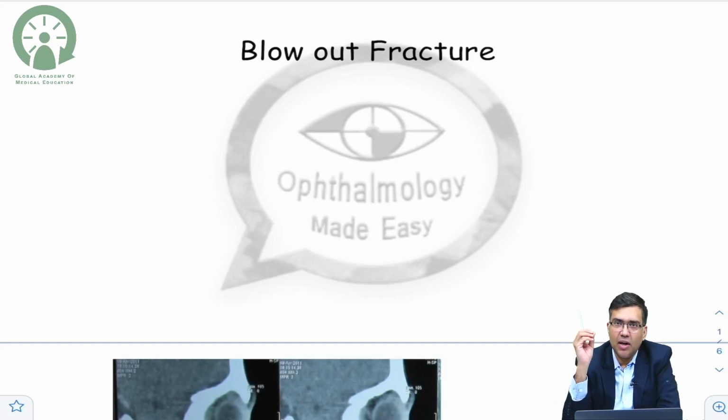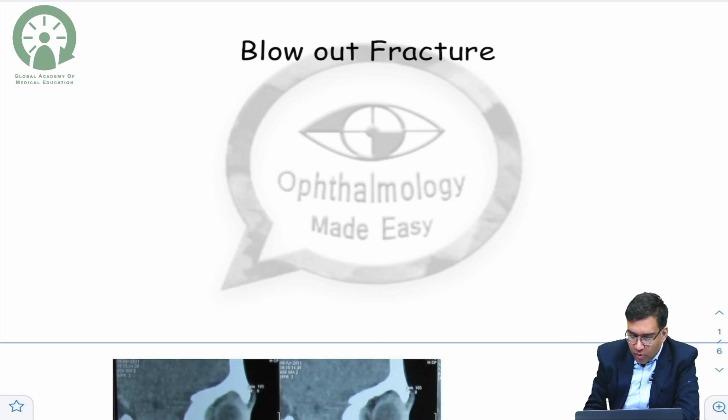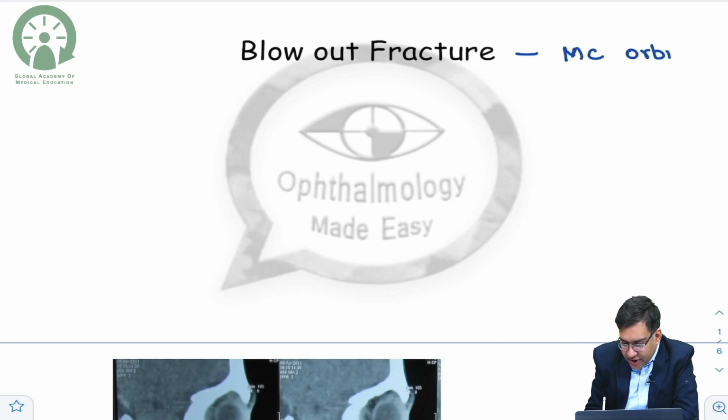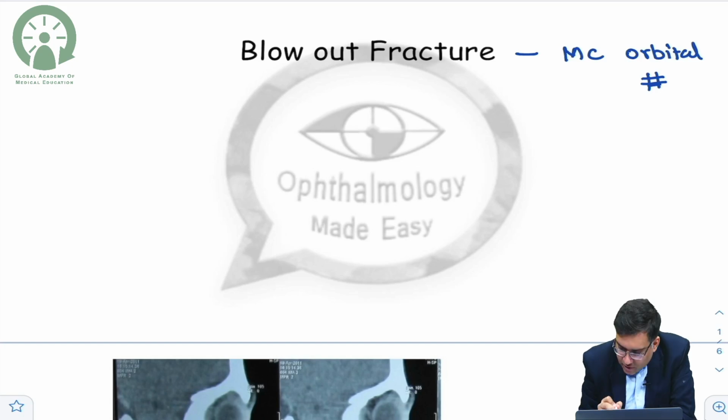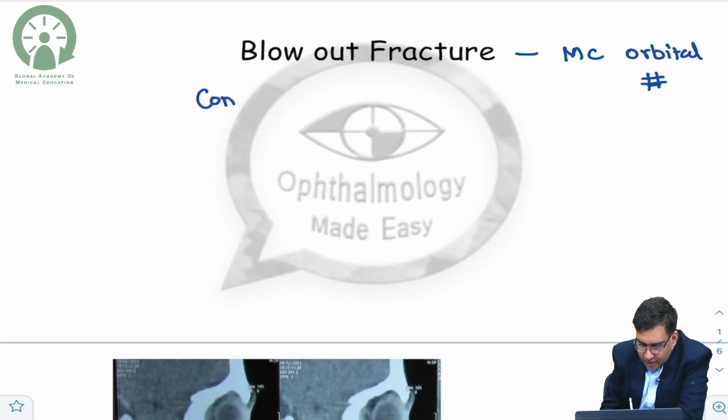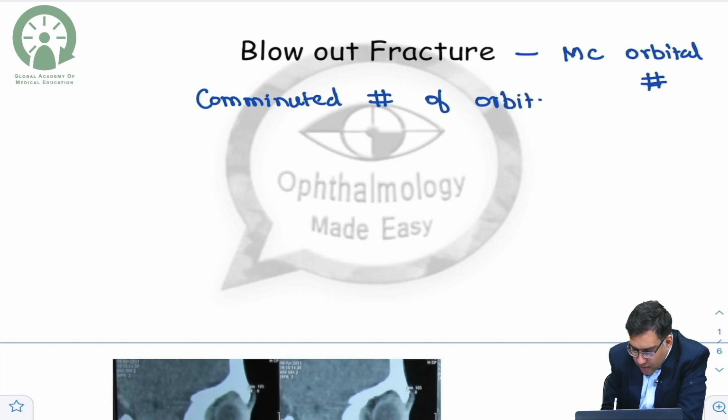Now we will study a very important orbital trauma, and the topic here is blowout fracture. Blowout fracture is the most common type of orbital fracture, and it is basically a comminuted fracture of the orbital floor and